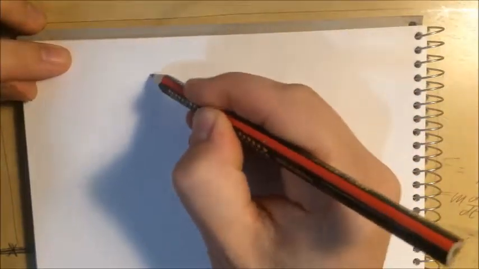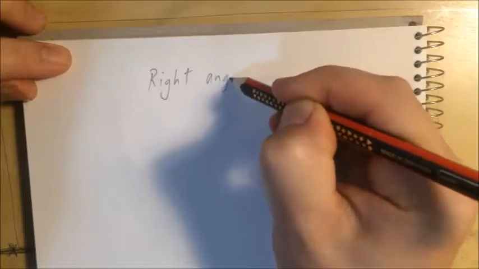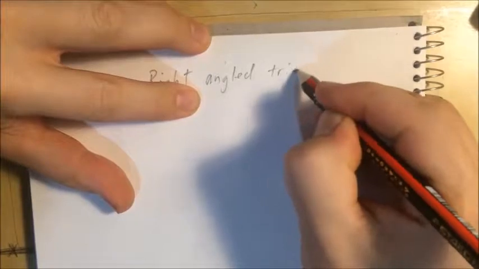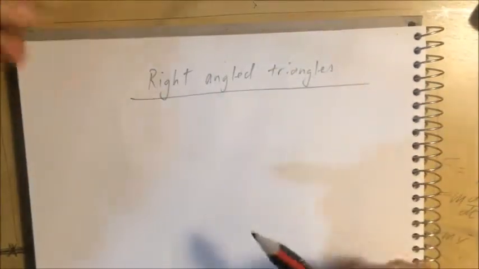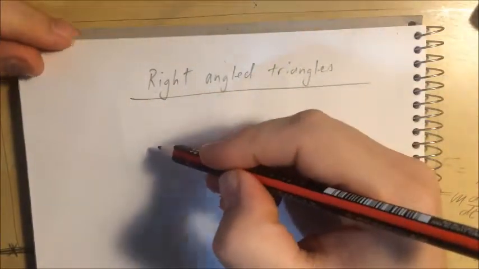Alright, hello. We're going to be looking at right angled triangles. It's not a spelling lesson, is it? Right angled triangles. There are lots of different types, but we have a